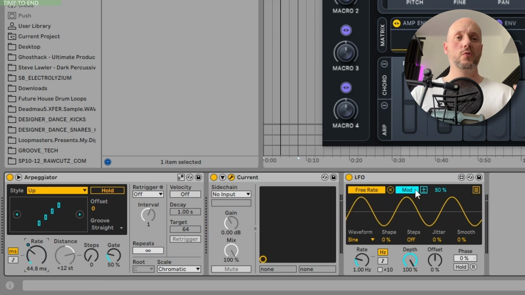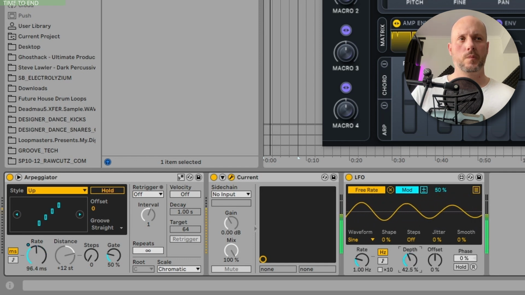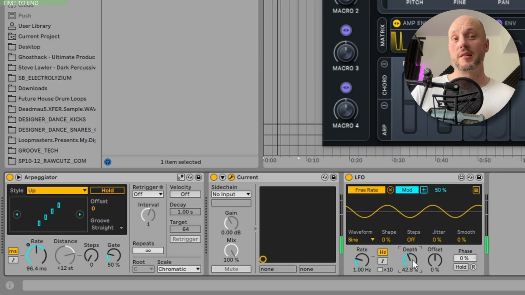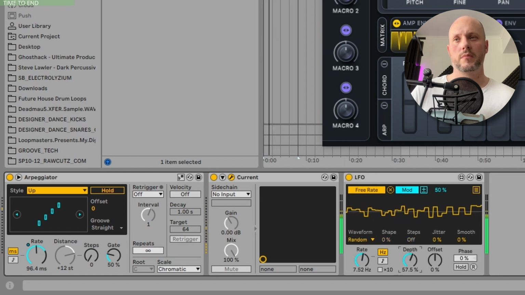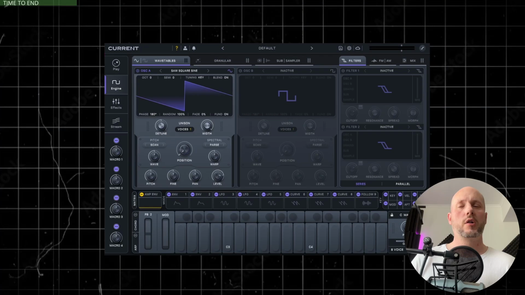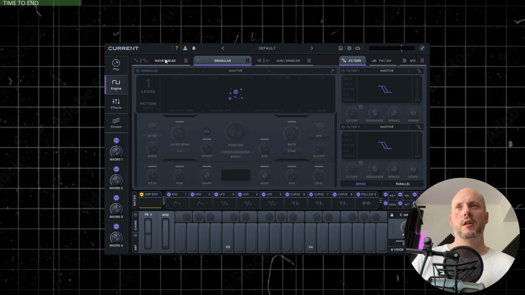Now it plays on a too big range, so let's pull back the depth. Yeah, I think this sounds good. And if you want to go totally random, let's choose the random. But to be honest, I'm totally fine with the sine. Okay, we set up the MIDI, but right now let's go to the granular and of course deactivate the main